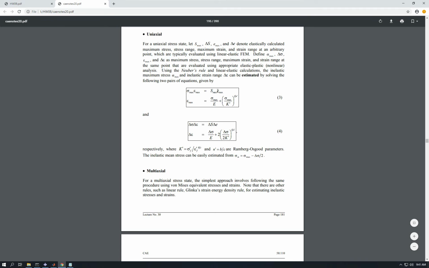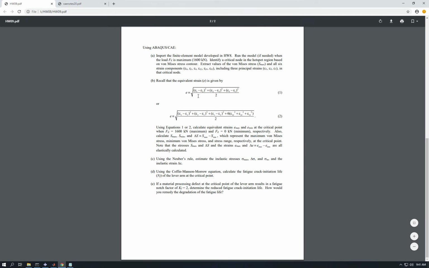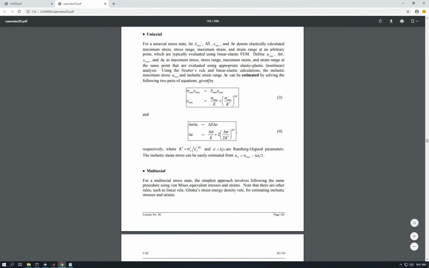So you have this S max, you have this E max from this calculation. And what you need to do is to calculate the inelastic strain and stress. These were calculated based on elastic assumptions. So here you have two variables or two unknowns, and also you have two equations based on them. So the easiest way to do this is just to take these two, the multiplication of these two is a number, and